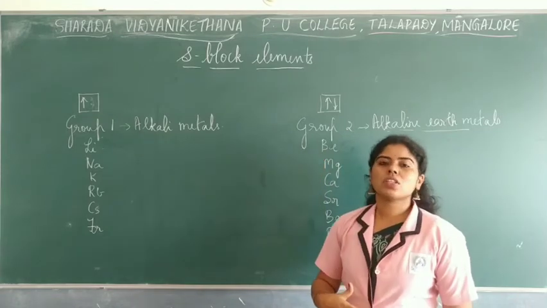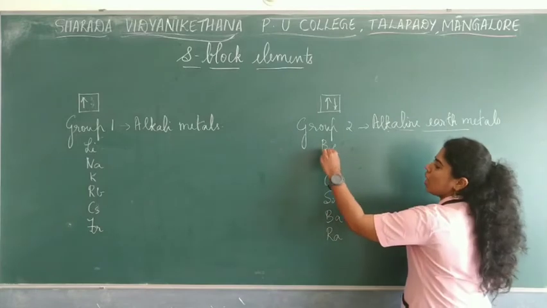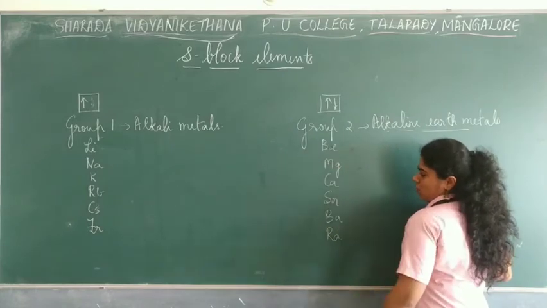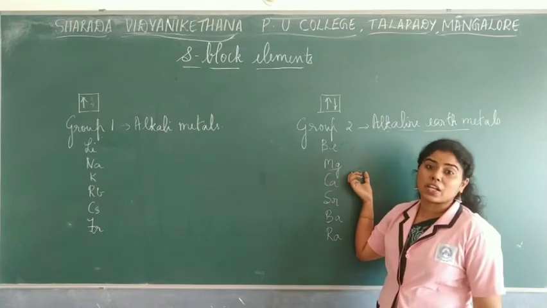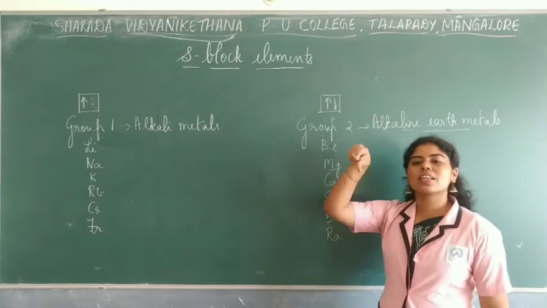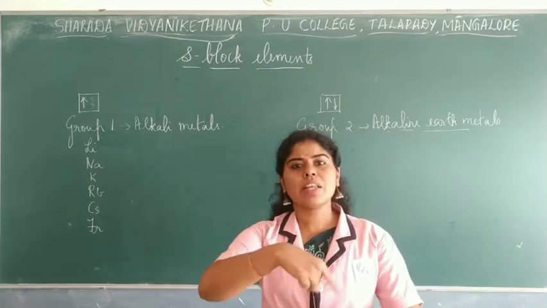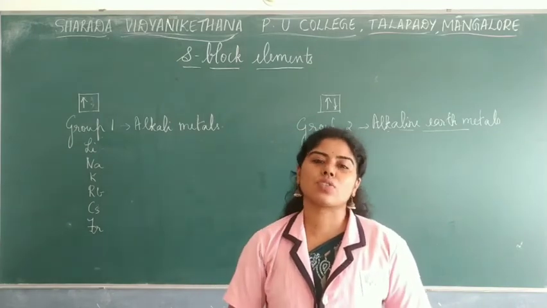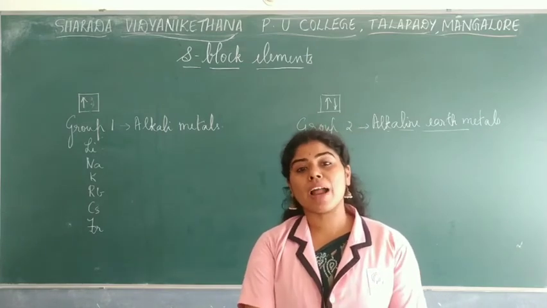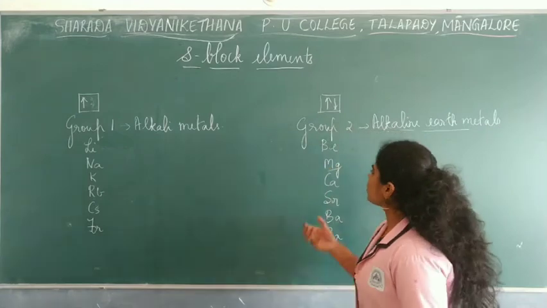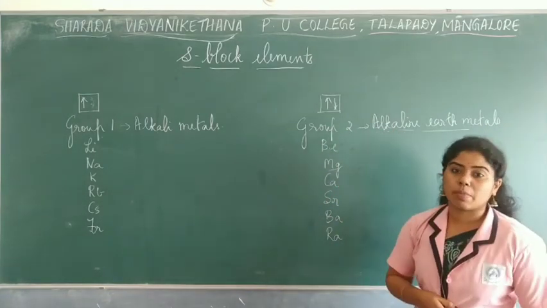So these elements, why are these said to be alkaline here? Because these oxides, suppose I take magnesium, it forms its oxide, magnesium oxide. When that oxide is treated with water, it forms hydroxides, which means that oxide will be easily soluble in water and they will be alkaline in nature, or they form hydroxides. So that is why they are alkaline in nature, and that's why we call them alkaline earth metals.